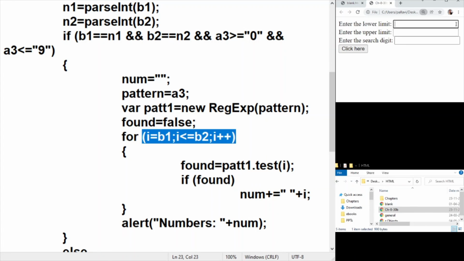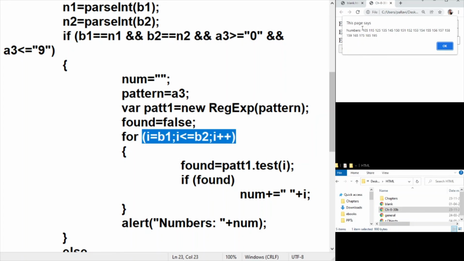Let me enter 100 up to 120, and I am looking for the string 3. So I should get 103, 113. If I extend this to 200 and say I'm entering the value as 5, it is supposed to be a single character that we are searching for. So 5, all the numbers from 100 up to 200 which contain the digit 5 either once, twice, or thrice.